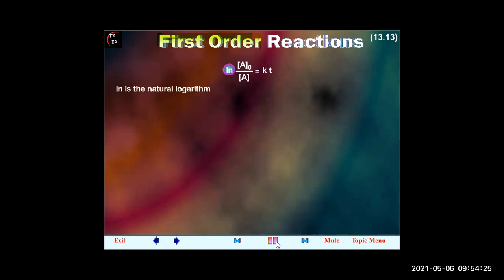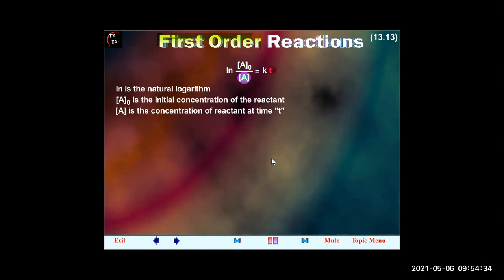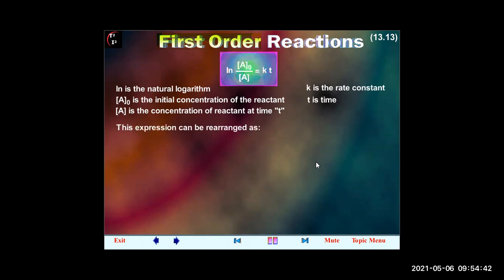Ln is the natural logarithm. The concentration of A subscript 0 is the initial concentration of the reactant. The concentration of A is the concentration of reactant at time t. K is the rate constant. T is time. This expression can be rearranged as